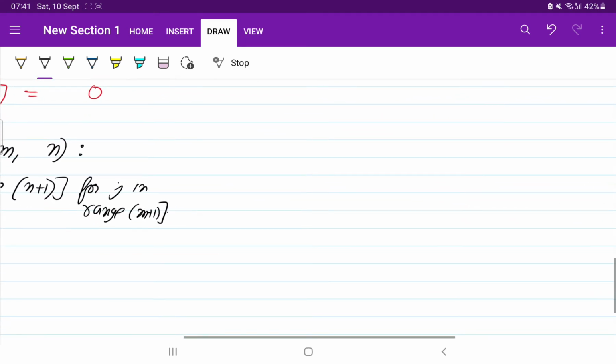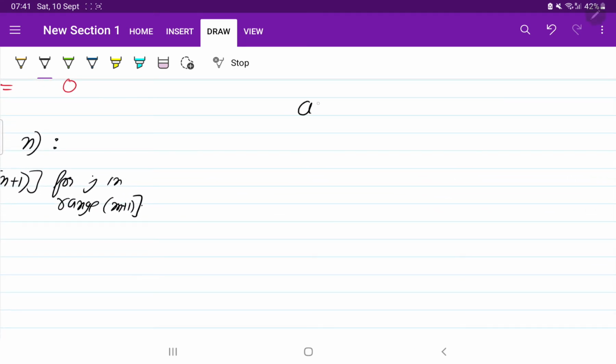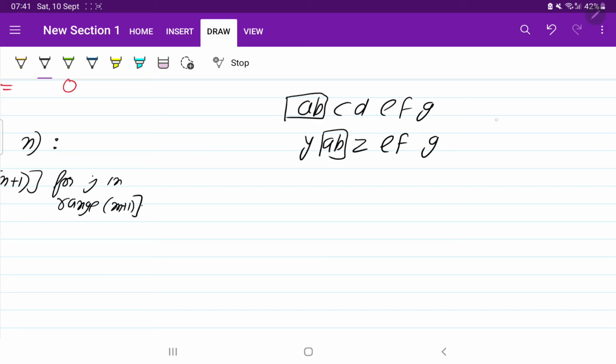I will tell you one example. If it is given a b c d e f g, and the other string is given like this, y a b, then z e f g. So here there are two continuous common strings, one is a b and the other one is e f g.